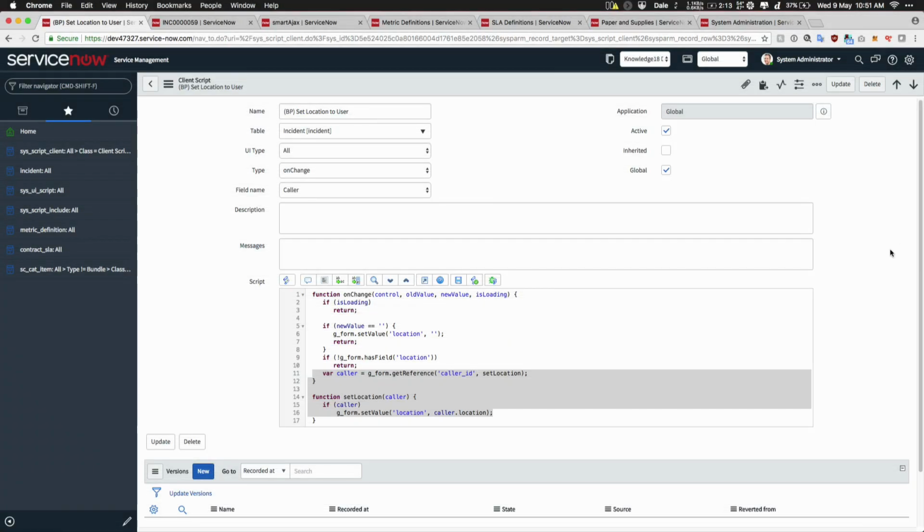Okay, thank you, Dan. So just to look at the client script that we were just discussing. This is the out-of-the-box one that populates the location on incident. We can see that it's using a getReference glide form method here with a callback to the setLocation function. So what I'm going to do, just to really reiterate